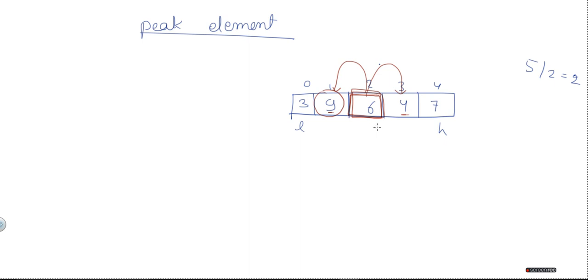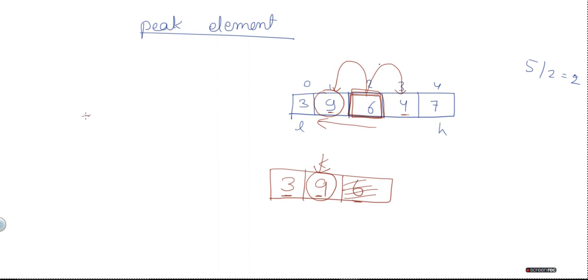So we need to consider all the left values. Now the array will be 3, 9, 6. We are not going to create any new array, but we will take this part as the new array. This 6 has already been covered; we have already checked that it is not the peak element. Now this 9 should be considered. It should be greater than or at least equal to its neighbors. Yes, 9 is greater than 6 and also greater than 3, so this is our peak element. We need to return the index of that peak element, which in this case is 1.